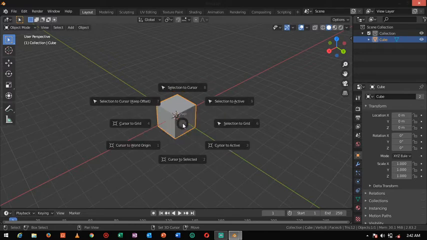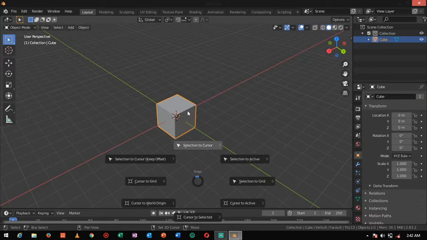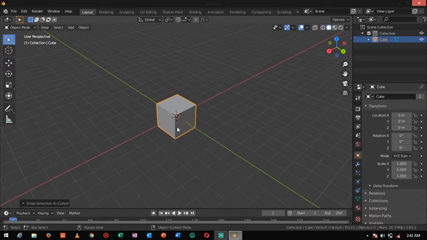Here you can see cursor to grid, cursor to world origin, cursor to selected, if you press Shift plus S to activate these. If you press G, you can take this cube freely anywhere and fix it.